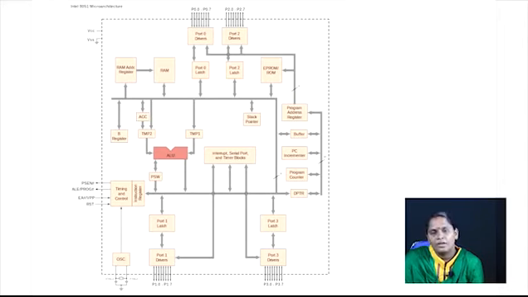Next, interrupt control. And the final functional block is oscillator and clock. Oscillator. What do you mean by oscillator? Oscillator is nothing but generating a signal. That is, we are going to generate a signal according to the requirement of the microcontroller 8051. Okay, now we are going to see each and every functional block in depth.